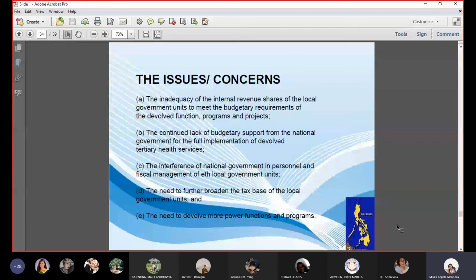And with the help of a party list, himuan gud paagi na magka RT-PCR sa Region 8. So that's one, no, the lack of budgetary support. Another is the interference of national government in personal and fiscal management of local government units, interference, politics, the need to further broaden the tax base of the local government units, and to need to devolve more power functions and